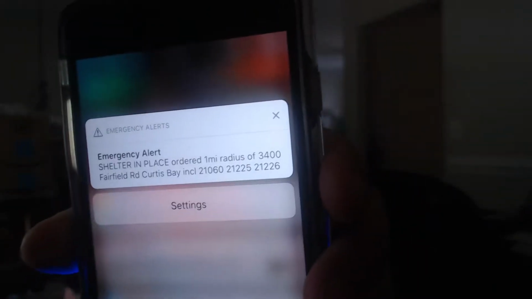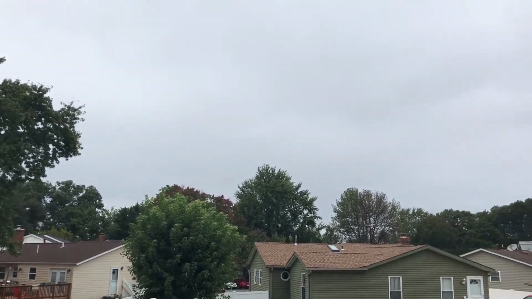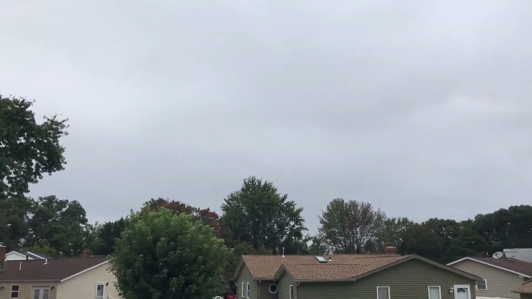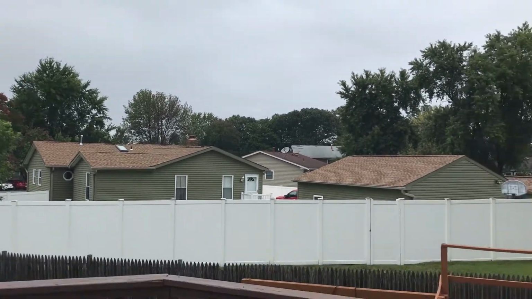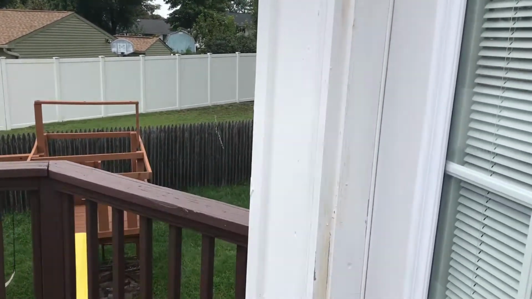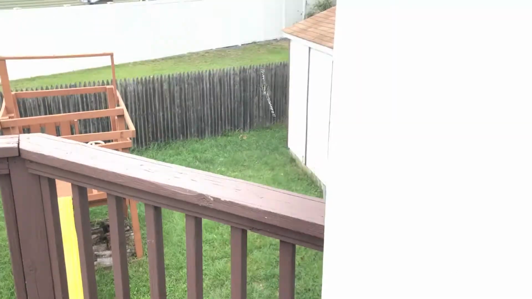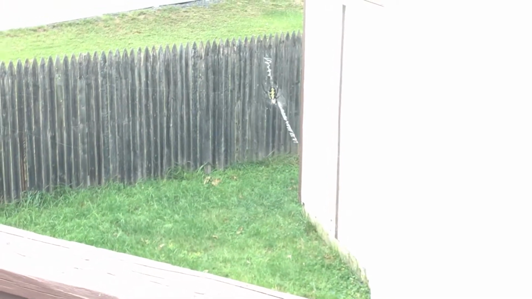Ooh, see that? There's a tornado coming in Baltimore. Can't really see it from the video, but the sky looks kind of scary. Maybe this tornado will generate a big enough storm that it'll at least blow this son of a bitch away from my house. You see it? Look at that thing. It's terrifying.